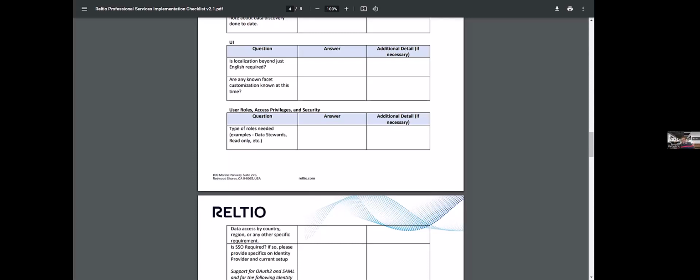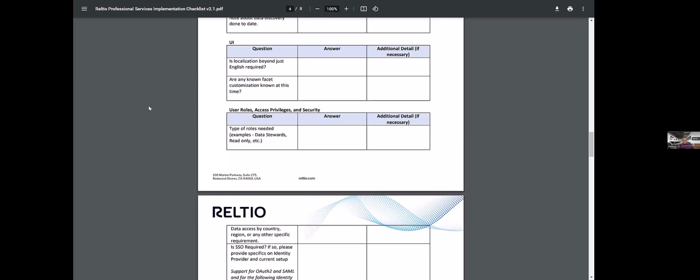If we can capture that information early on, it'll also help in capturing the data in that way. But again, most of the time with the UI, once the data is loaded into Reltio, the users will get a feel of it, and we can further customize it. So usually what we have seen is, for MVP, we go with the way that is configured in the velocity pack, and then we make changes as and when there are requirements.